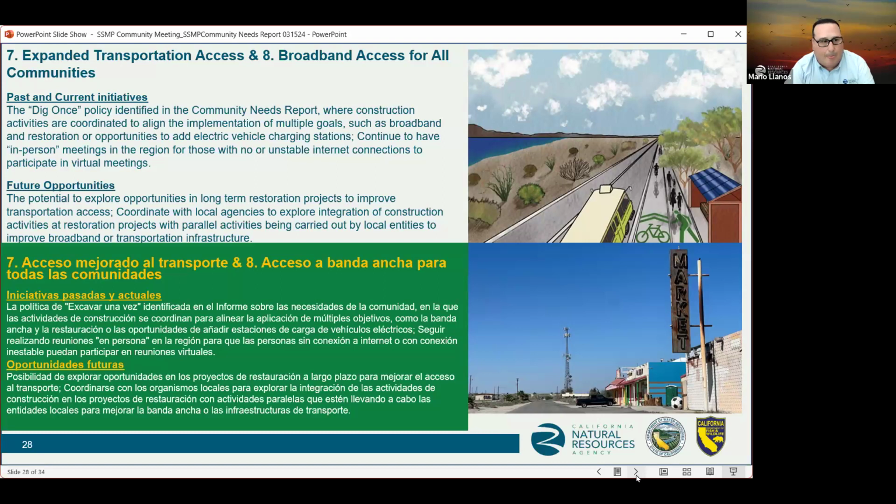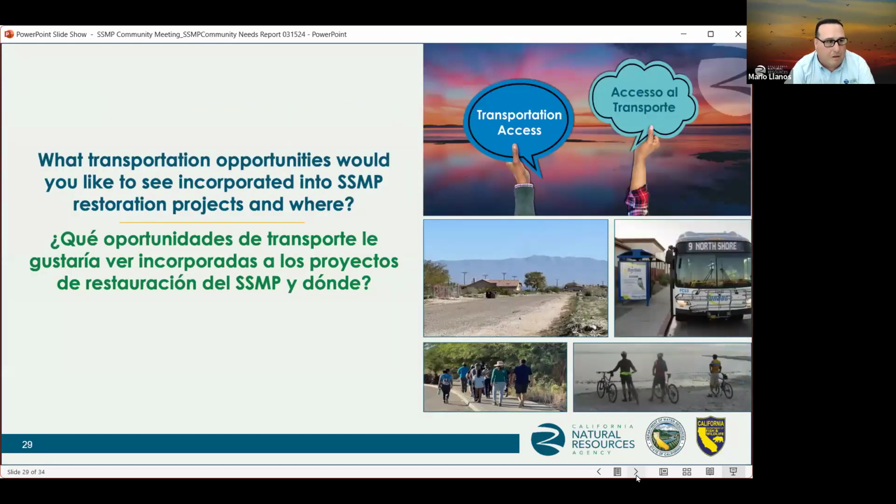Next slide. So what transportation opportunities would you like to see incorporated into SSMP restoration projects and where? Next slide.